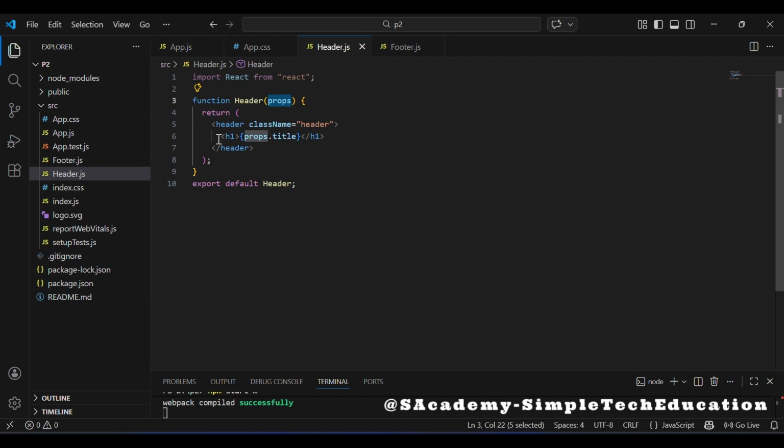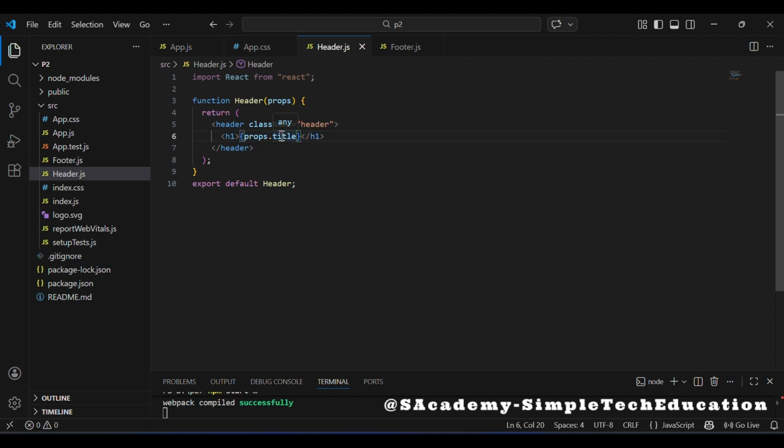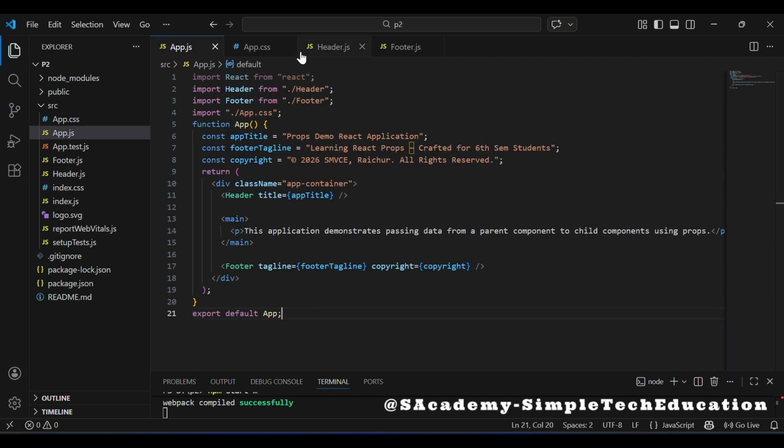Now next, in the next line, that is h1, here the actual value of the props is displayed onto the browser. Okay, what were we doing before? We used to send the data from app.js to